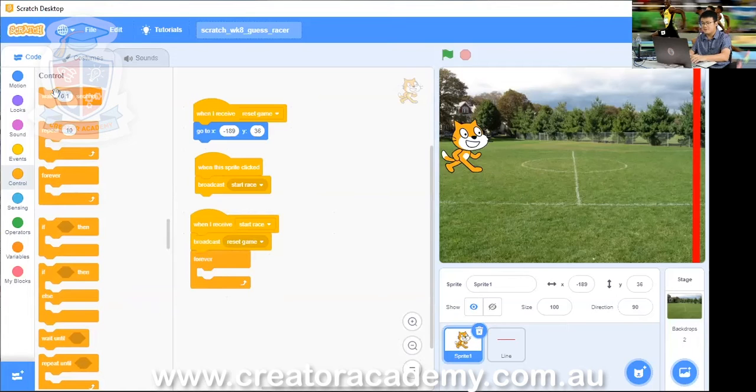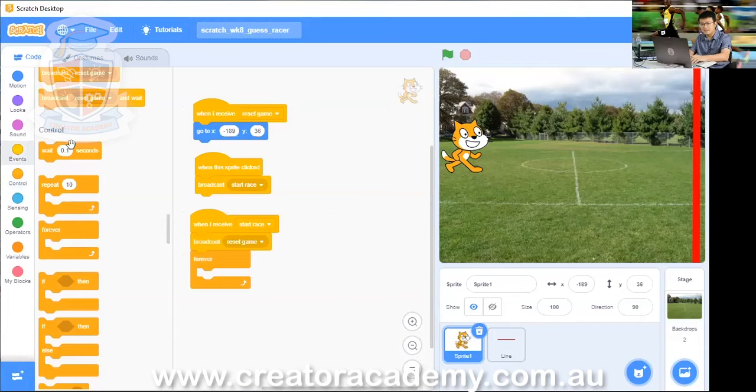So we go wait 0.1. In control, there is a wait something seconds. You change that number to 0.1. The point is the dot on your keyboard, so look for a dot on your keyboard. And then we drag it inside the forever loop.